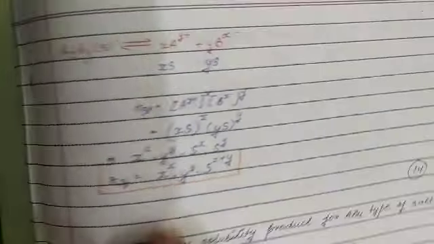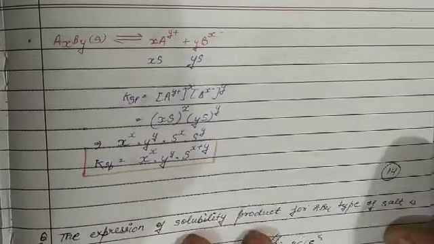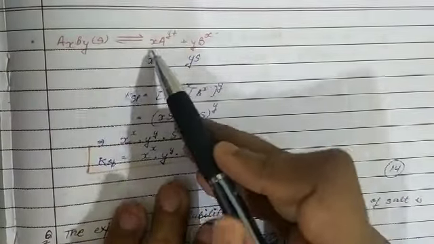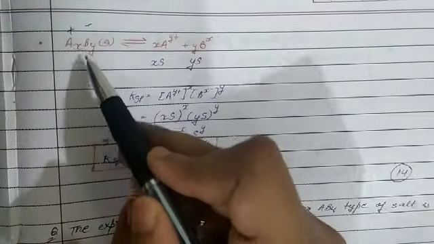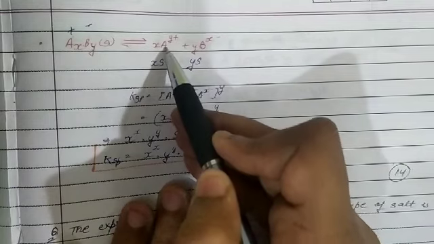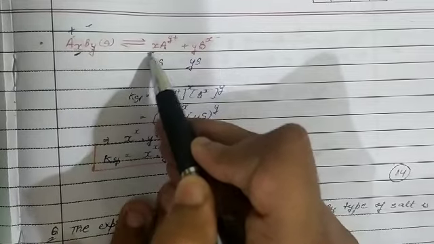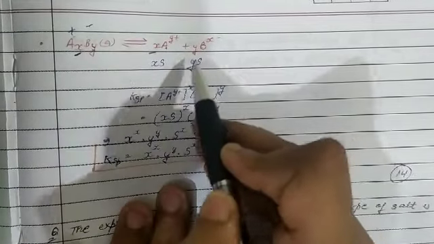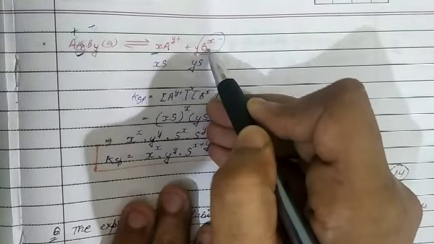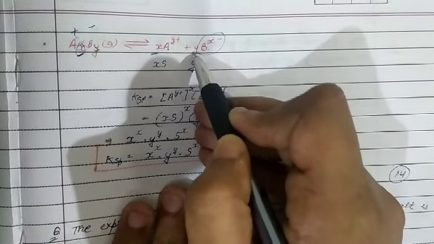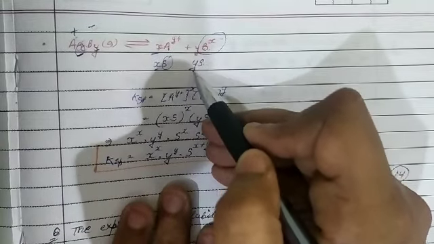Now we have to write the Ksp value for this kind of salt. The salt is AxBy. We know that first cation comes and then anion. So A positive and B negative. Now cross multiply. So the solution contains Ay positive ion, and it contains x moles. Now cross multiply. So it contains Bx negative ion and the coefficient is y, therefore multiply by y. So solubility for 1 mole is S, so x mole will be xS. One mole is S, therefore y mole it is yS.